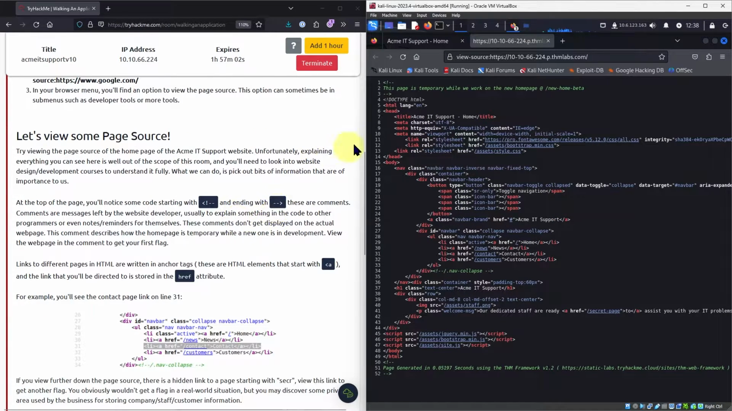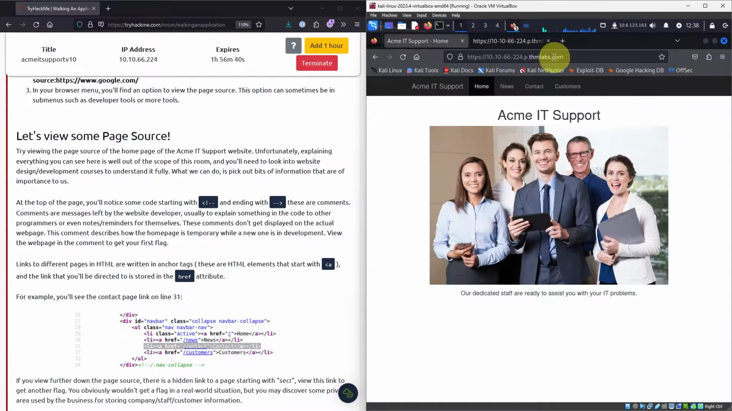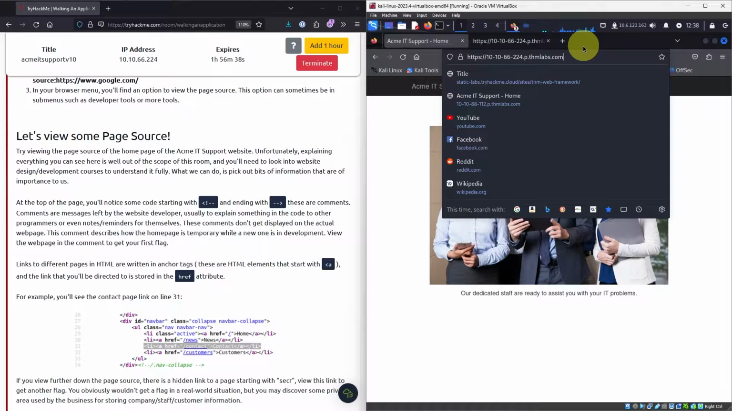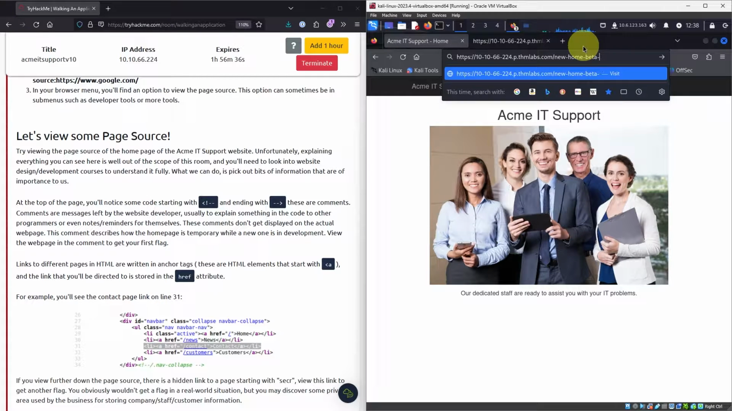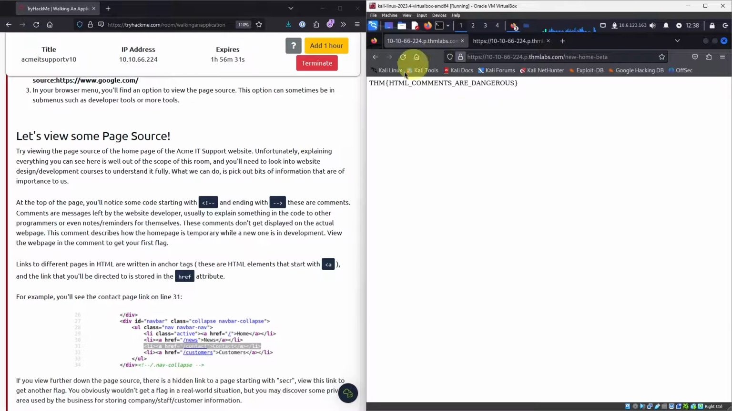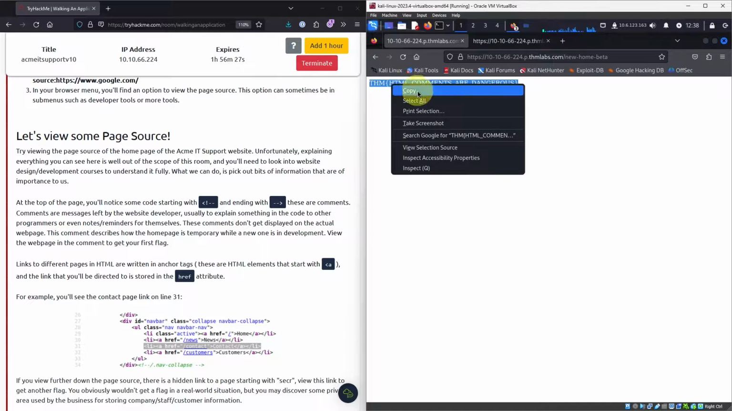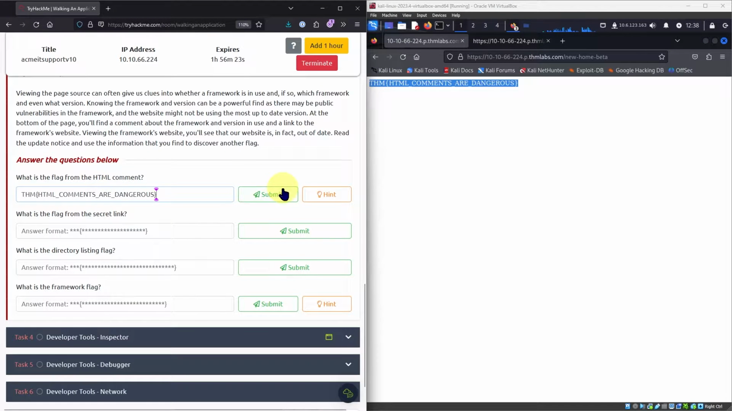So it says for the first flag, we're going to look at this comment at the top of the HTML code. And it says this is a temporary page where they work at a new home page located here. So we're going to copy this /new-home-beta, and we're going to put it at the end of the original URL, and that gives us our first flag. HTML comments are dangerous, so we're going to copy this, put it here, submit, and then it says the second